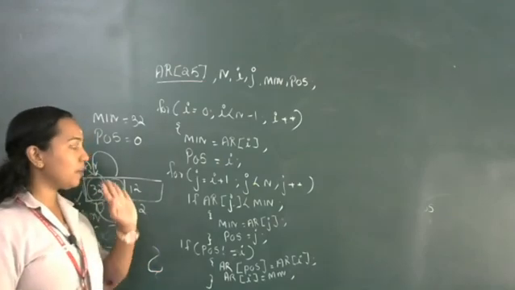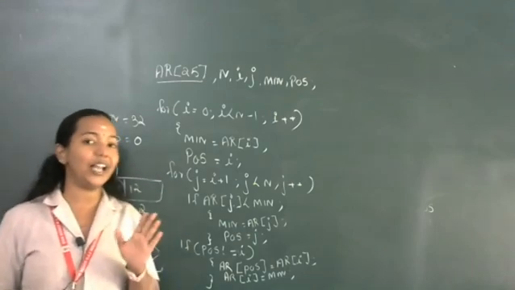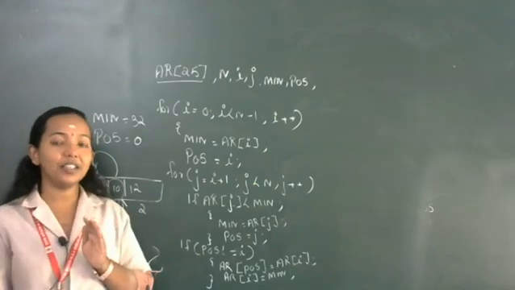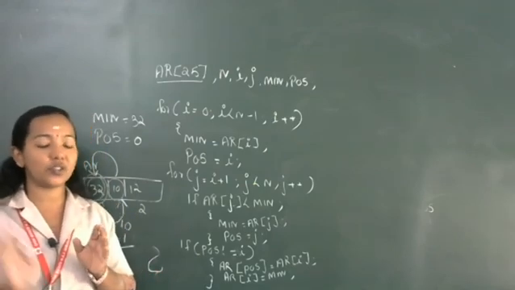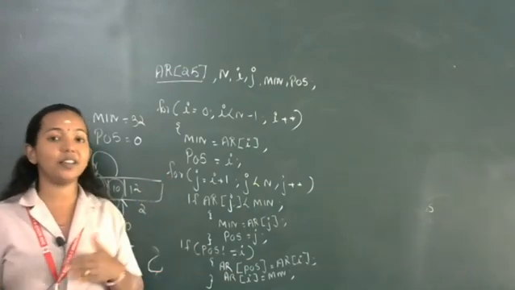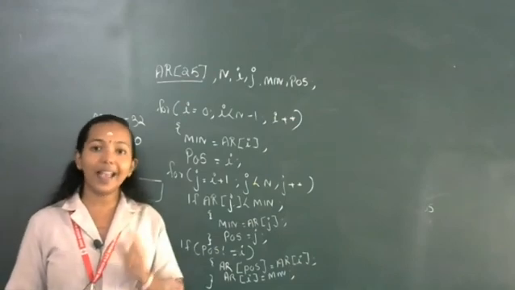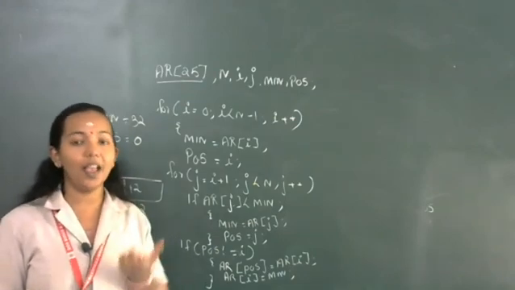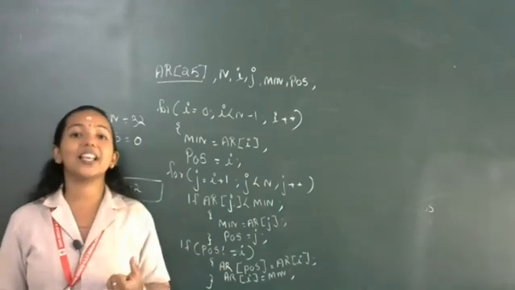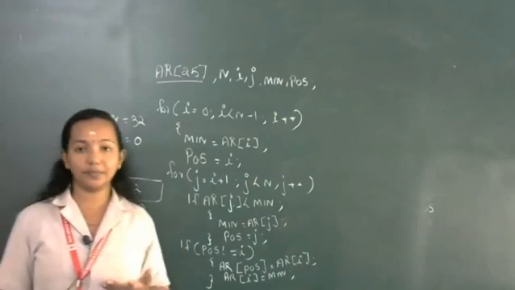Okay, so you want to remember one thing. First we are assuming the minimum value, that means the first value as the minimum value. And that minimum value we are comparing with the rest of the elements until we reach the last element. So if the first step is over, then we can say that the first pass is over. If an array contains n elements, then it will execute n minus 1 passes. So this is called selection sort. Very important topic, selection sort algorithm.